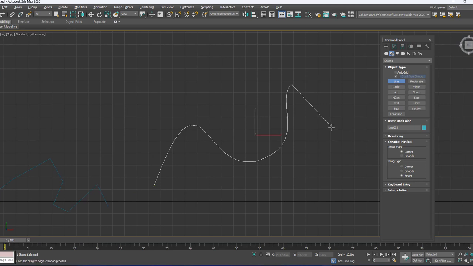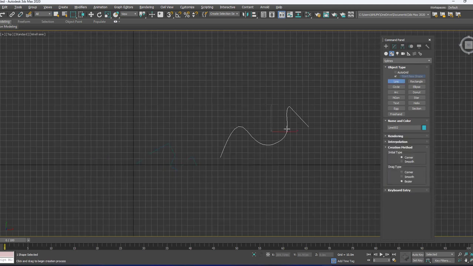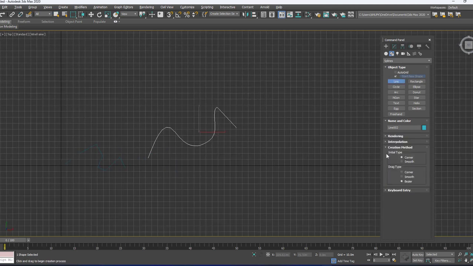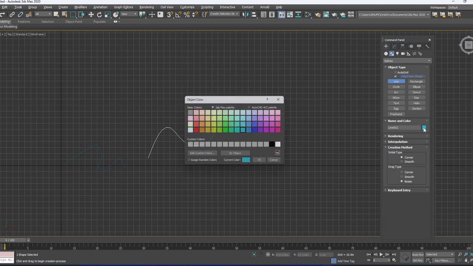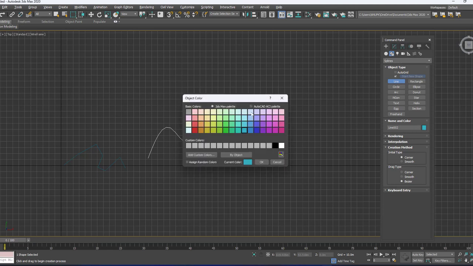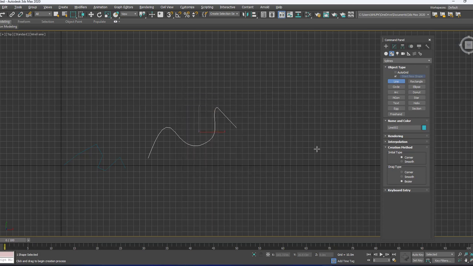Come out by pressing escape or right click. Again click on the line option. So we are getting different colors for the line, that is because of the line color we have. Click over that, and if you want to change the colors each time, then you can say assign random colors, or else you can set one color. You can change it depending on the requirement, and then I say OK.